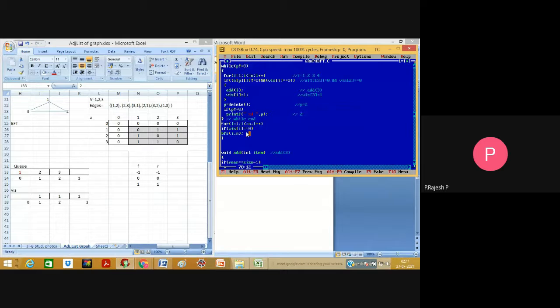So this is how we are going to display the values of the visited nodes of a BFT.